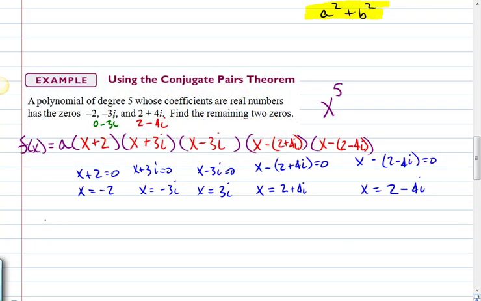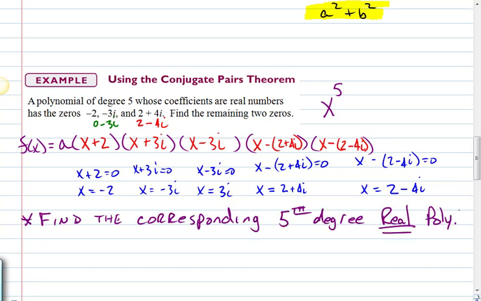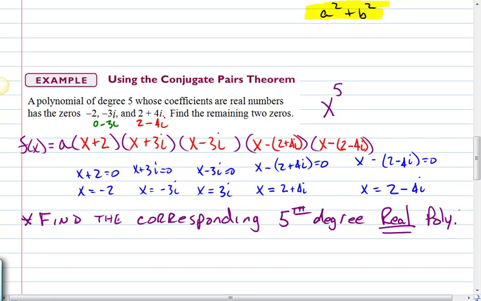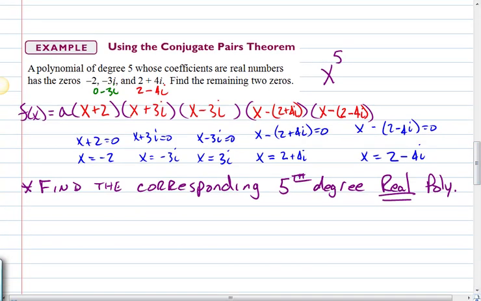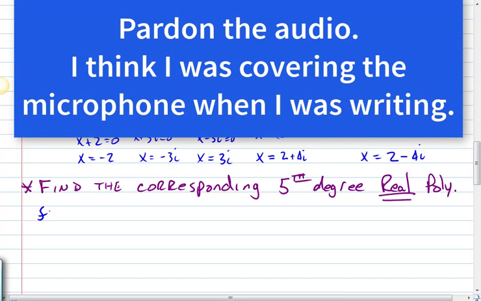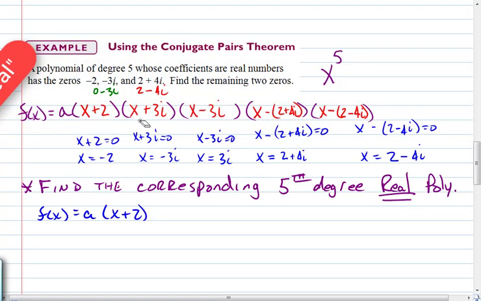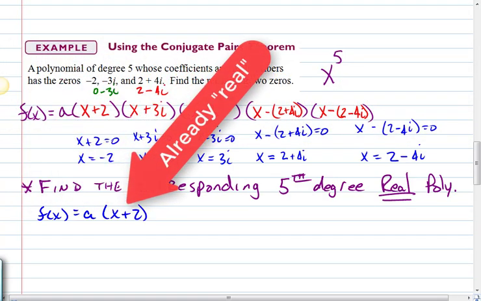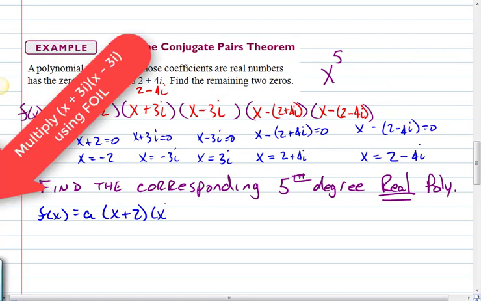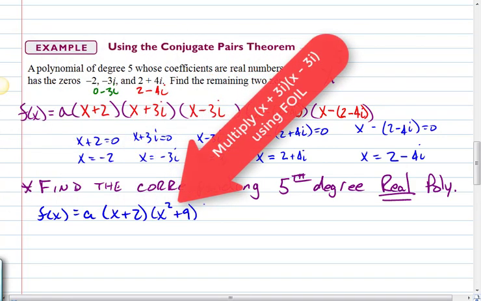Okay, my next step to you was to write the real polynomial. So that means I want you to get rid of the imaginary numbers here. So how we're going to do that is we're going to multiply the conjugate pairs together. So our function now is going to be f of x equals a times x plus 2 is a linear factor. When I FOIL out x plus 3i times x minus 3i, I get x squared plus 9 times,